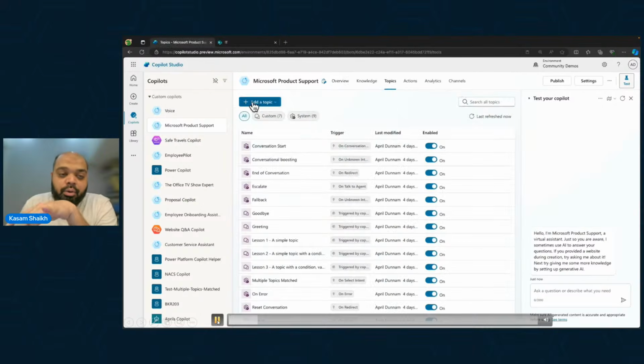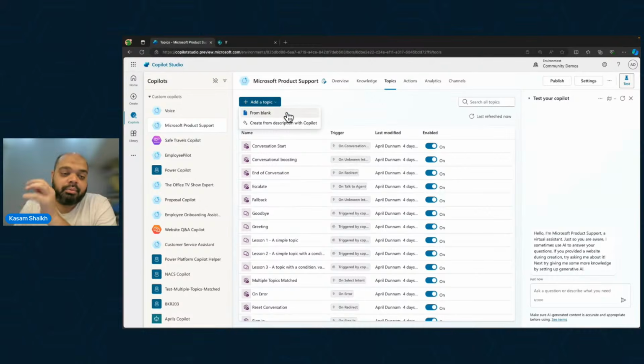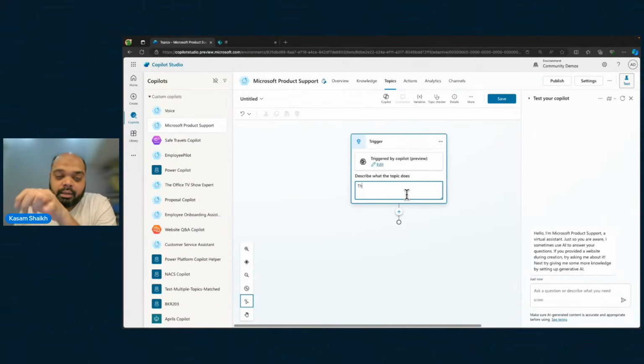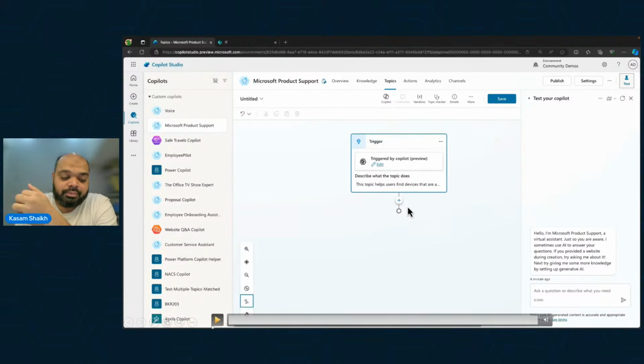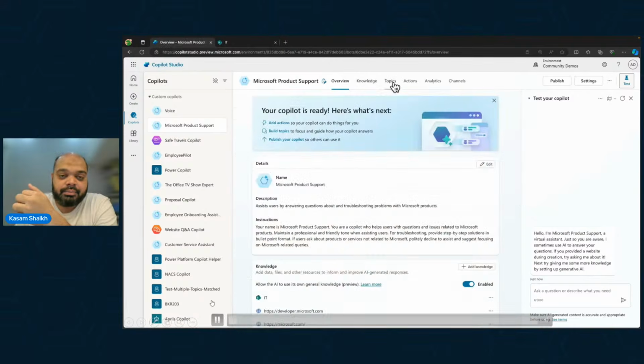You need to go to topics, add topic from blank, and to trigger this particular topic, you have to enter a description. The first is about what this topic does. So this description is all about what this topic will do. But this is where you need to configure how and what will trigger it. Next is,